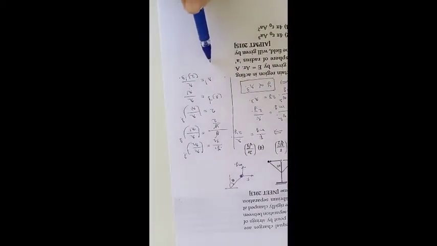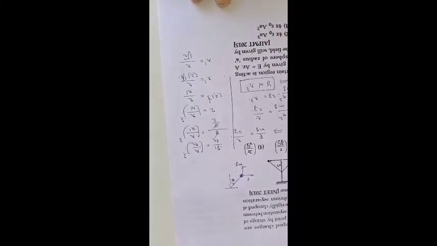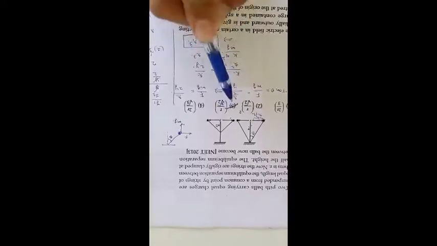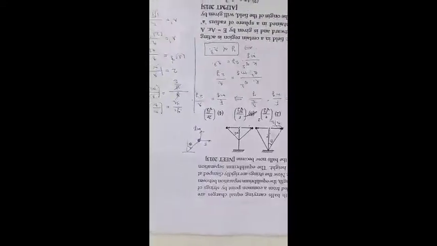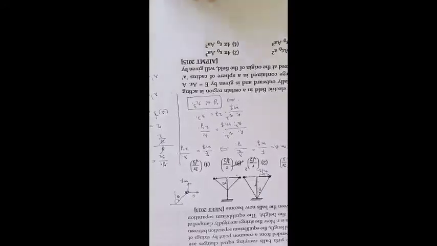Means in other terms what we can write? R by cube root of 2. This is 1 by 3, na? We can write like this. So what is the answer for this? This will be this one. First we find the relation between y and r. Using that relation we calculated, we got r dash is equal to r by cube root of 2.